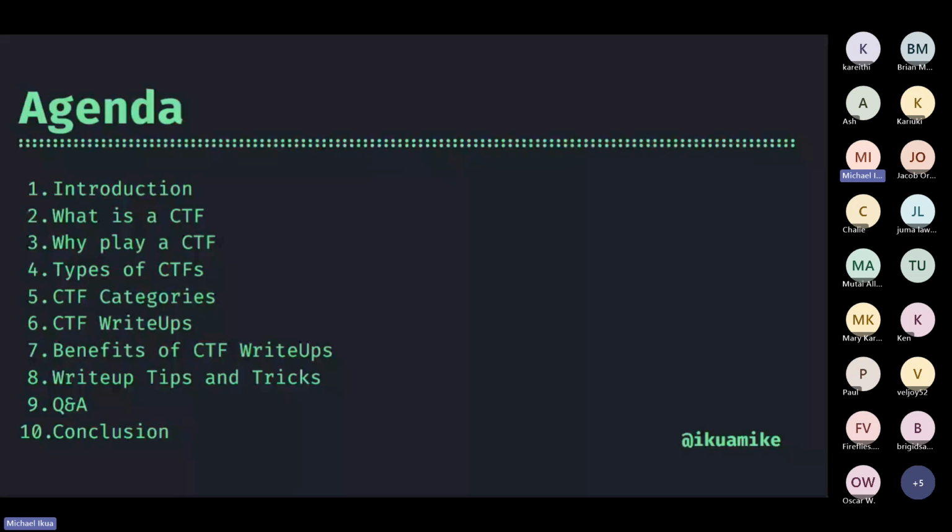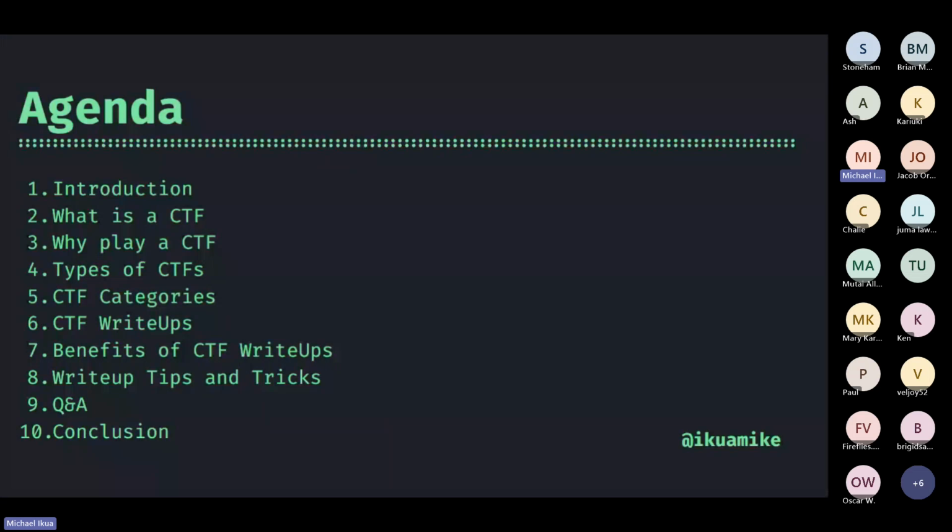The next one is getting exposed to new areas of interest, because CTFs have a lot of interesting categories. For example, you might land on a CTF that has IoT exploitation that you may not necessarily encounter in a general environment. This will be an area of new interest. It might spark your curiosity and expose you to various new challenges and technologies.